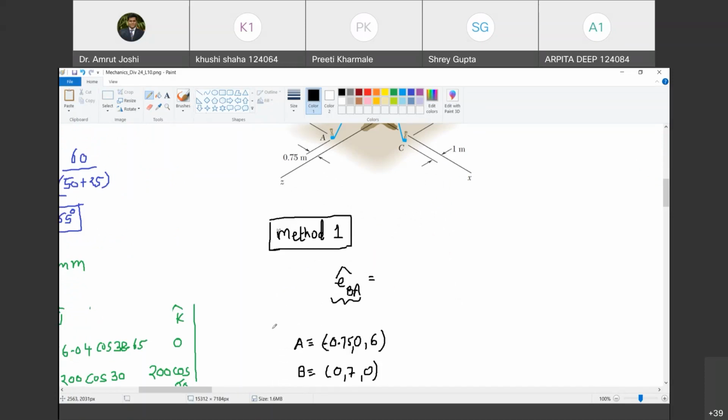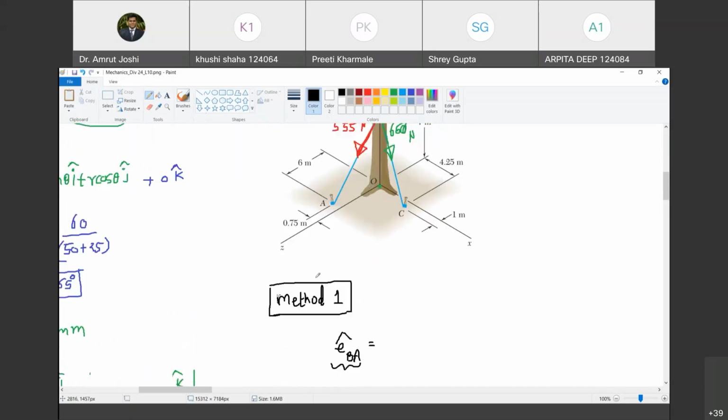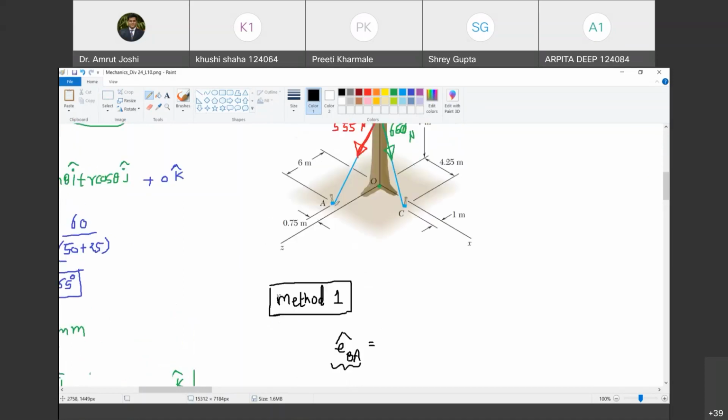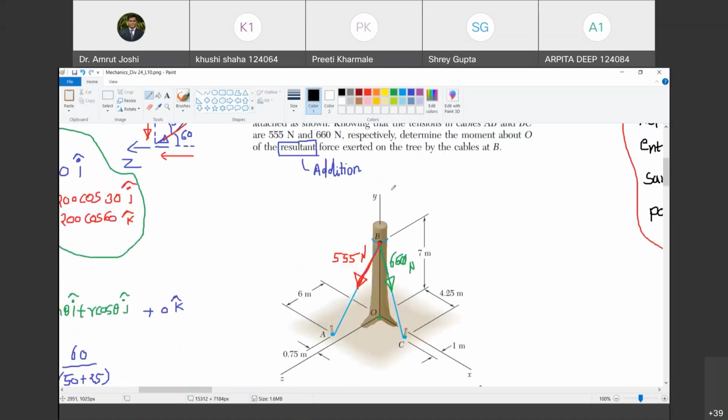And how do we do that? For that, in a given coordinate system, can we write down the coordinates of A easily? So look at point A. What are its coordinates? So this is the x-axis. For better visibility, I will write it in bold letters. X, this is Z, and this is the y-axis. Are you with me? Yes, sir. This is positive X, this is positive Z, and this is positive Y.